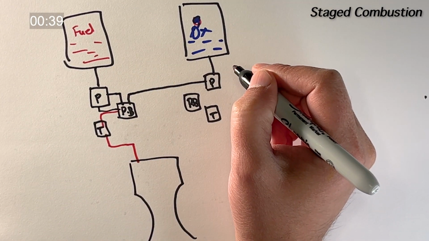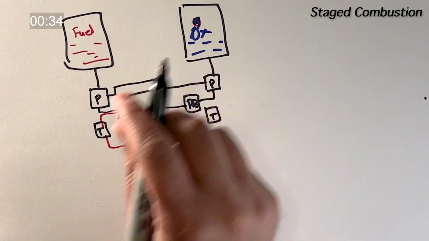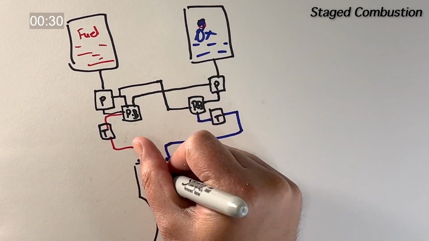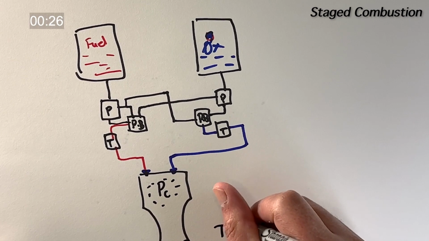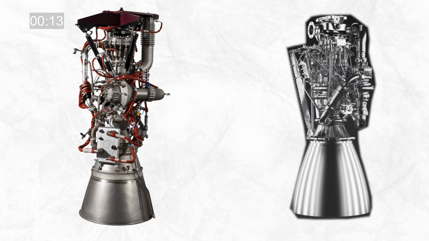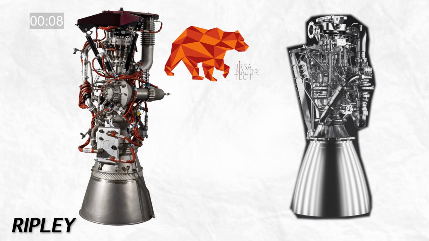Since this is a closed cycle, all of the propellants are fully burned in the engine combustion process. Propulsive efficiencies tend to be way higher. A cool variation of the staged combustion cycle is the full-flow staged combustion cycle, where both fuel-rich and ox-rich systems are combined and used in parallel. This results in propellants being injected into the injector in a gaseous form, leading to very high combustion efficiencies from the gas-gas mixing. Examples of staged combustion cycles include Ursa Major's Ripley rocket engine, as well as, of course, the